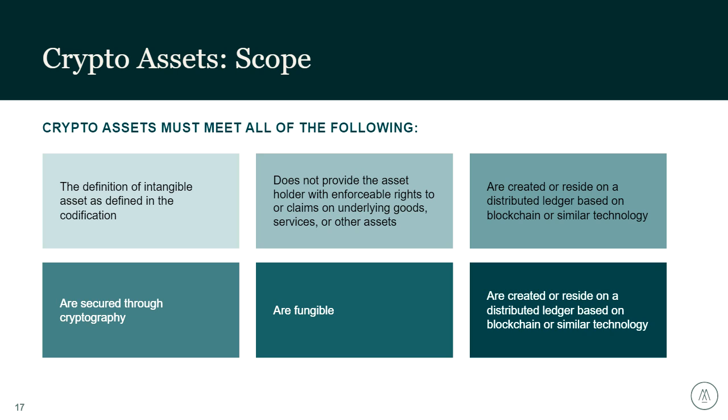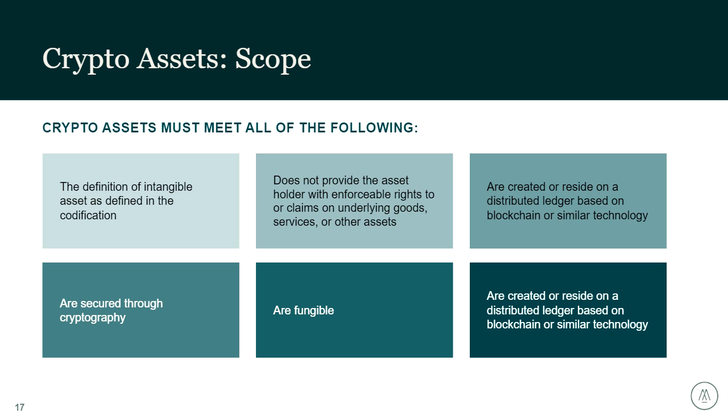Under this model, assets are required to be tested for impairment on an annual basis, or when circumstances indicate the current amount of the asset may not be recoverable. So the first step here is to understand that the asset must meet all of the criteria, and this is the criteria that we're showing right here on the slide.